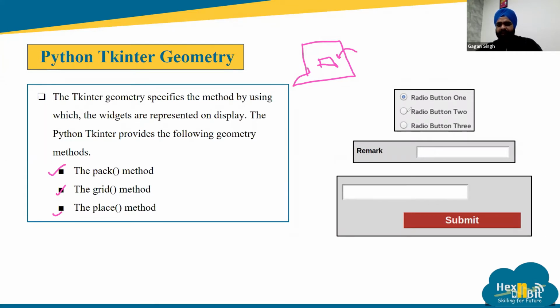For each and every widget, like let's say these 3 widgets are available over your screen, for each widget you need to use one of these methods. And generally we use the same method for all the widgets that we are going to use over our screen. Pack, grid, and place. In our project, we will be using the place method, but I'll give you a brief about what these methods are. First one is pack.